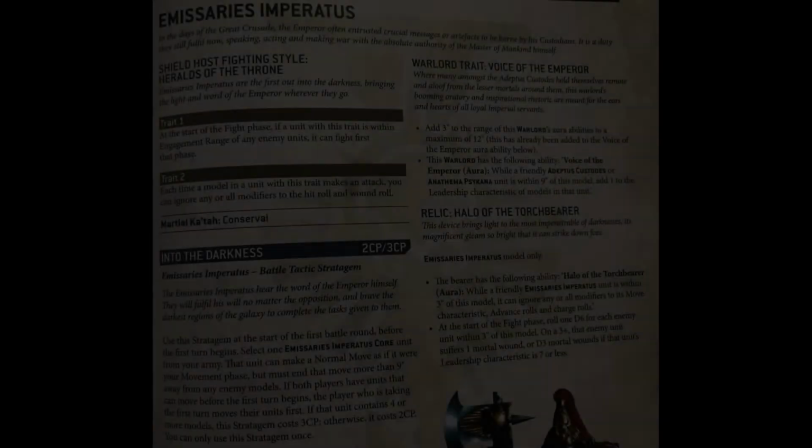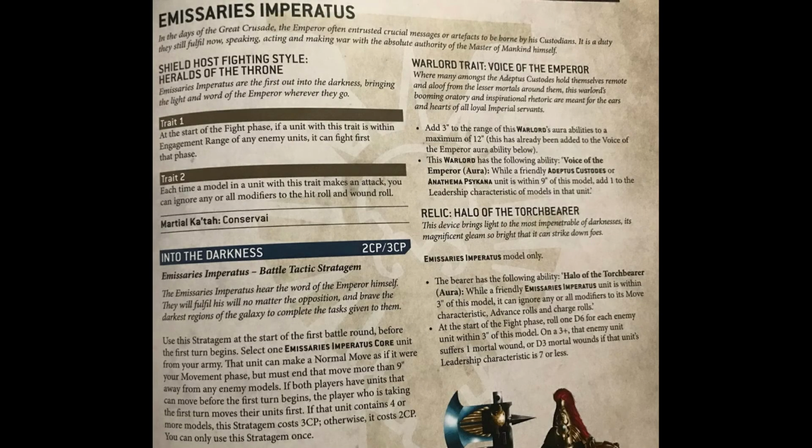The last shield host is the Emissaries Imperatus. The shield fighting style is Heralds of the Throne, which is a Conservi Carta. At the start of the fight phase, if a unit with this trait is within engagement range of any enemy units, it can fight first. That's really good. But again, it's probably a tertiary Carta for you to be using for turns 3, 4, or